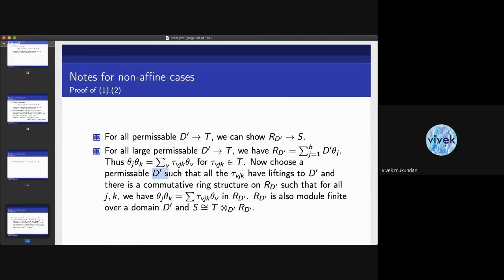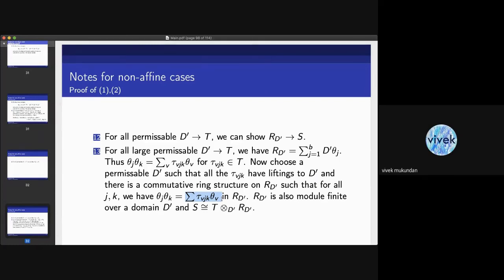So now choose another permissible D'. You enlarge your D' so that these coefficients make sense in D'. They have a lifting to D', and then you have your multiplication. Or if you want to get the commutative ring structure, make sure that you look at theta j, theta k, and theta k, theta j. That holds true in T, therefore you can still make your permissible D' bigger so that the same equation also holds in R_D'. You can get the commutative ring structure, the associativity, and all that kind of stuff. You get an honest ring, where the product of theta j and theta k is the sum with